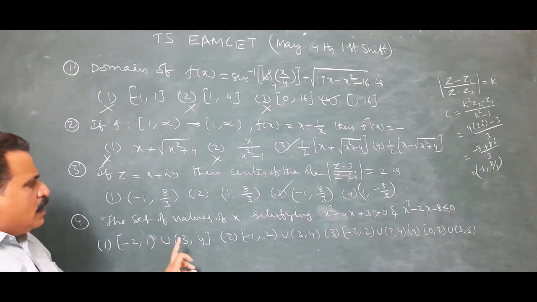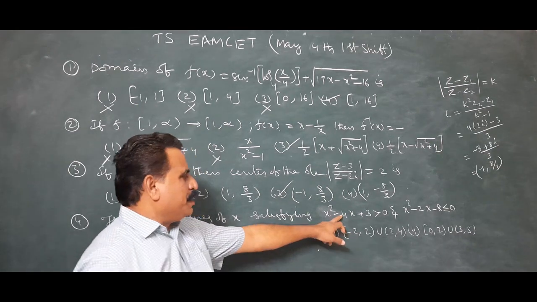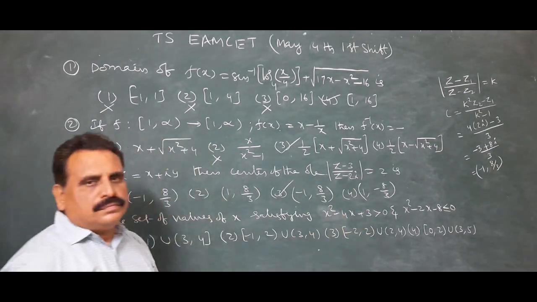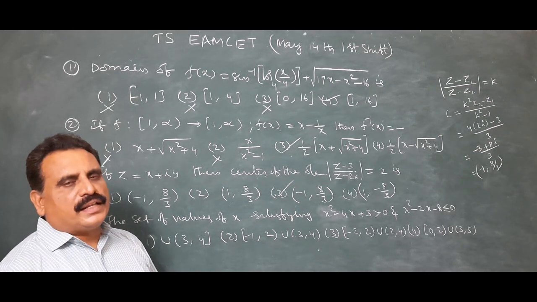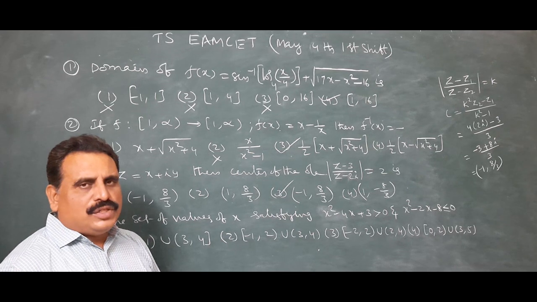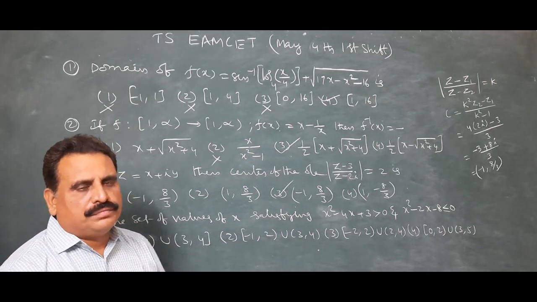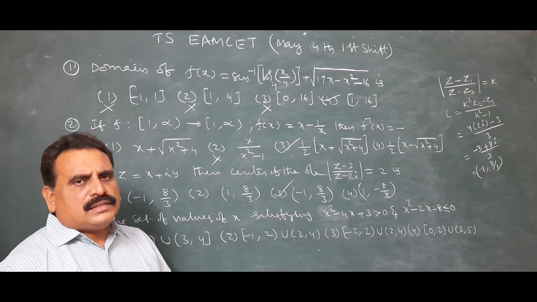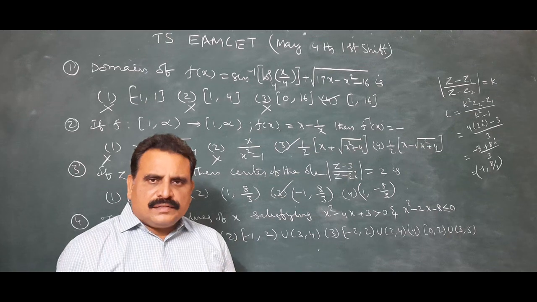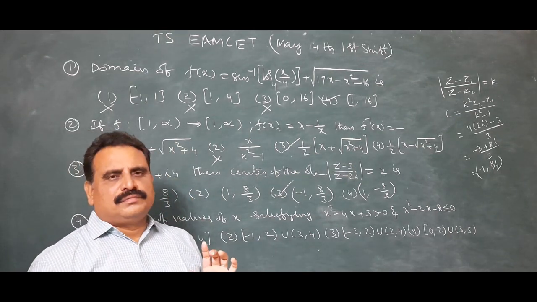X, for example, let us take x equal to 1. Substitute here x equal to 1. What happened? 1 minus 3 plus 3, that is 0. 0 is greater than 0. Whenever you substitute x equal to 1, we get 0 is greater than 0. That means that is wrong. 0 greater than 0 is wrong. So, x equal to 1 does not satisfy. That means 1 does not belong to the set.